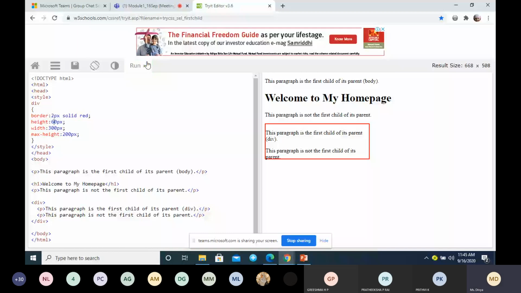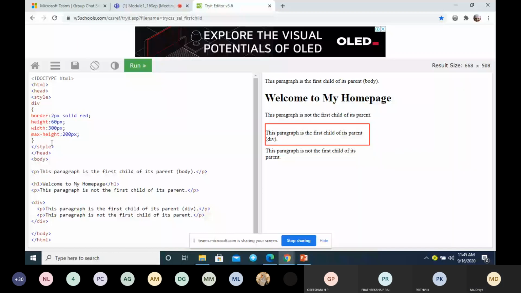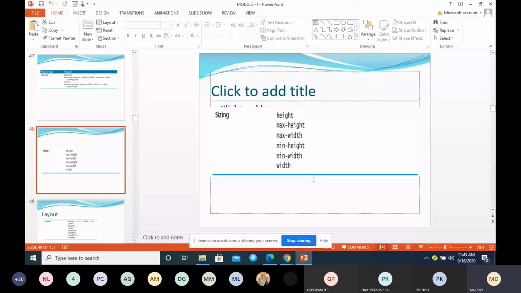For this entire div, the maximum height we are giving is till here, 200 pixel. So these are different properties: maximum height, maximum width. These two are very important when specifying height and width. Normally when we design websites, we give height and width for elements.